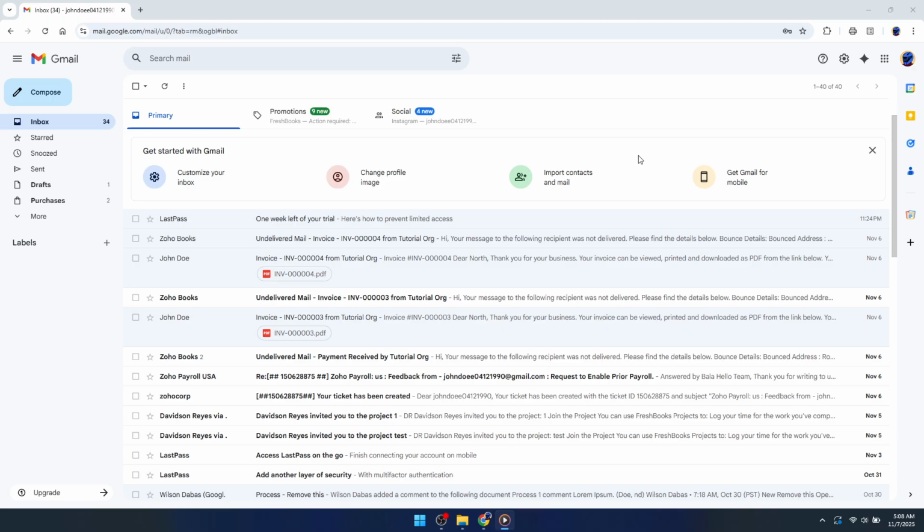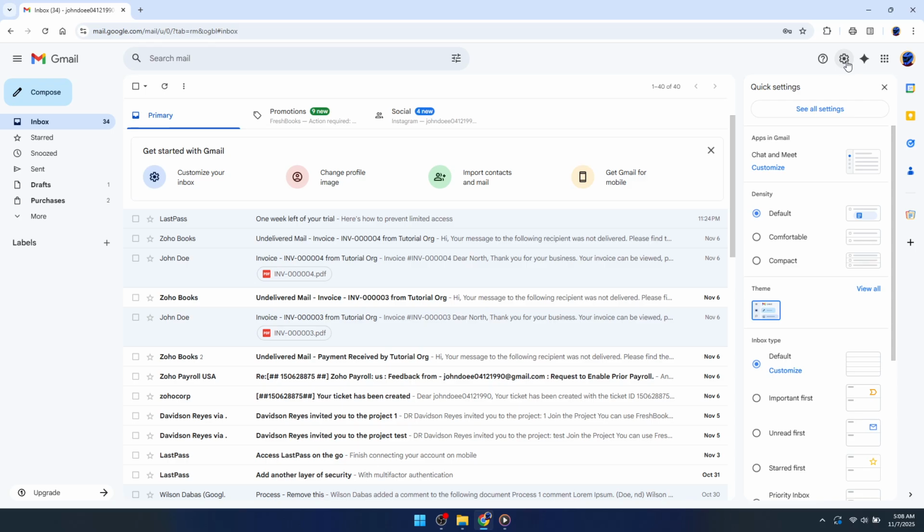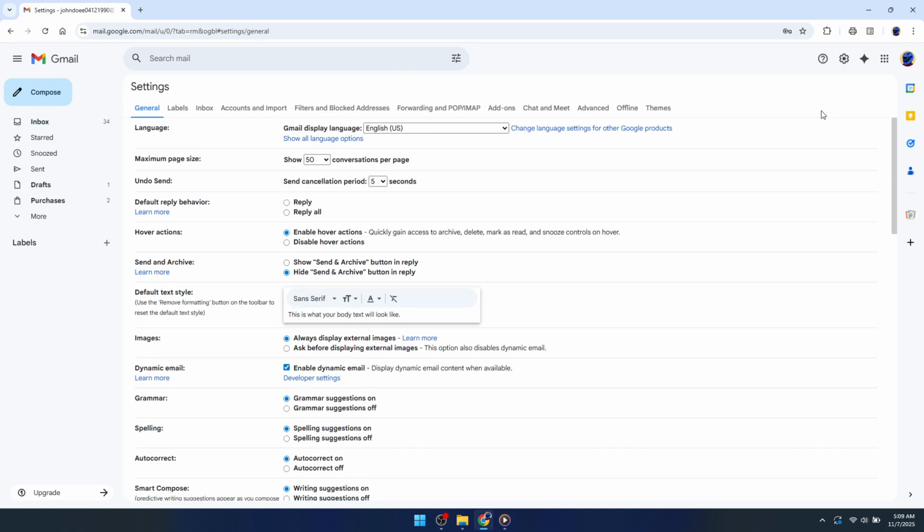Once you're inside your Gmail, take a look at the top right corner of the screen. You'll see a small gear icon, which is your entryway to the settings. Click on this gear icon. This action opens a drop-down menu where you'll find See All Settings. Selecting this option will direct you to a new page where you can access a variety of configuration settings for